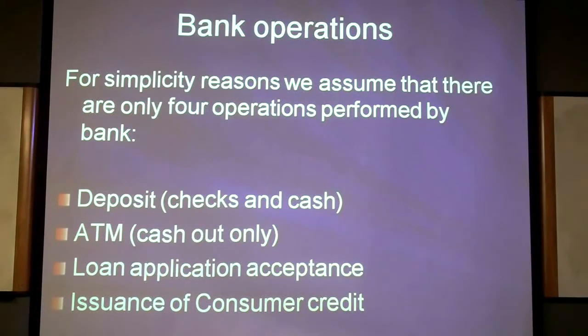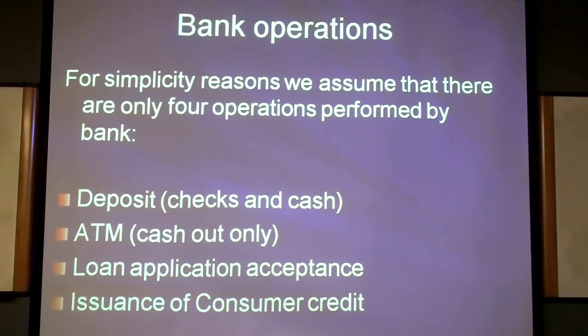Now, the question is, if we allow each bank branch in each state to hire their own developers and implement these functions, how to write these functions, that will be the end to the banking industry, to that bank in particular, but generally to the banking industry, because developers will implement it differently, and then in some states people will soon find out that it's very easy to get loans, right? They will rush there, and there will be some discrepancies. Basically, it's no go. We should not allow that to happen.